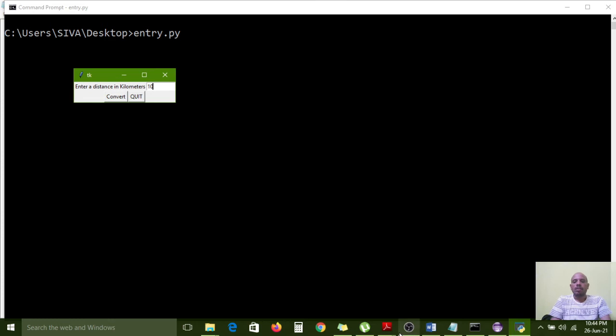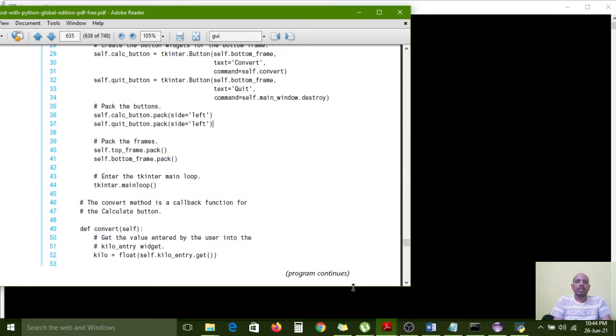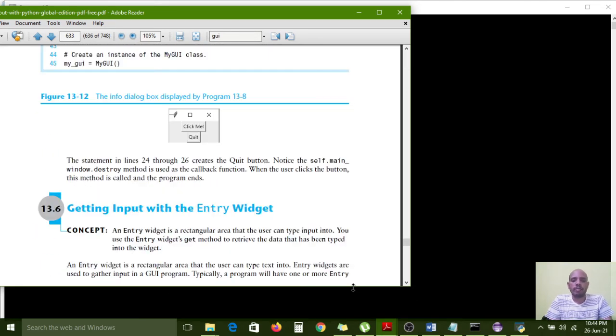So now the concept is the entry widget: getting input with the entry widget. An entry widget is a rectangular box, nothing but a text box that the user can type input into.